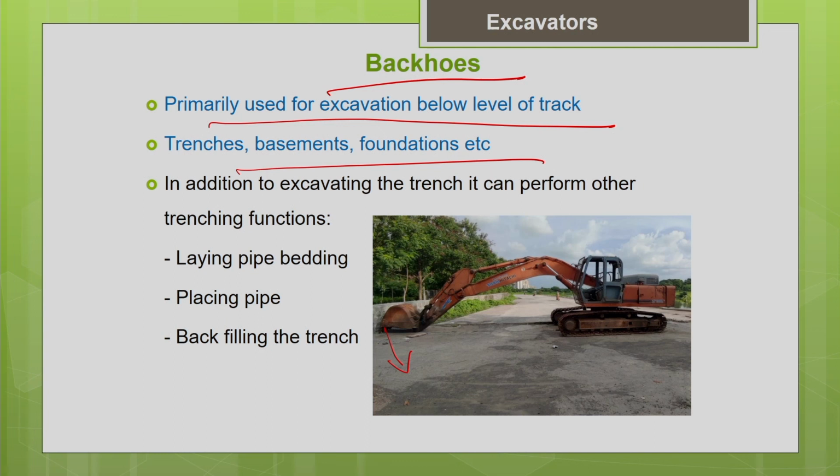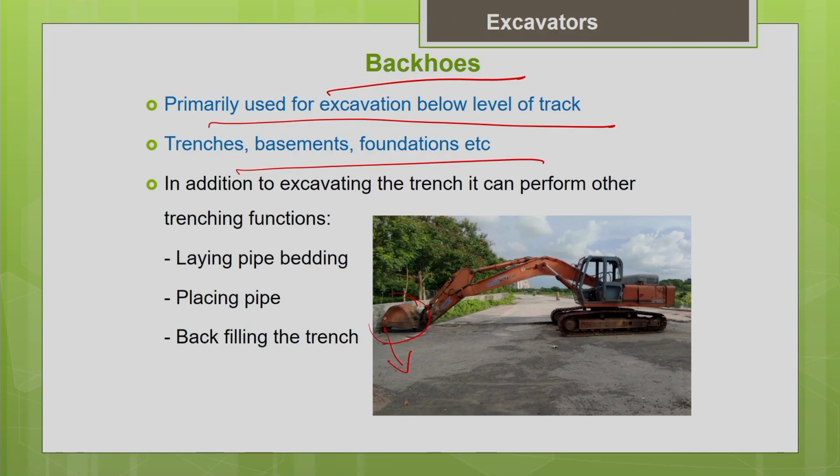One more important thing is that this machine is very versatile for the trenching operation, because with the same machine you can complete the entire job. Say, for example, you need to do the trenching operation and laying of pipeline. Select the width of the bucket equal to the width of the trench, so that the productivity will be maximum. Now you can do the digging of the trench, and then just change the attachment.